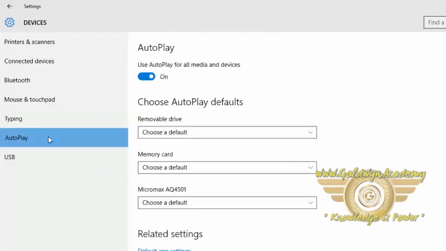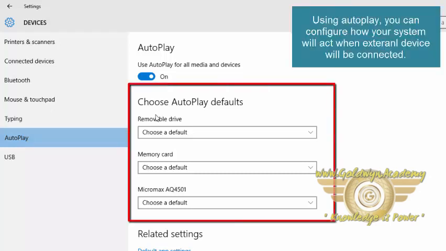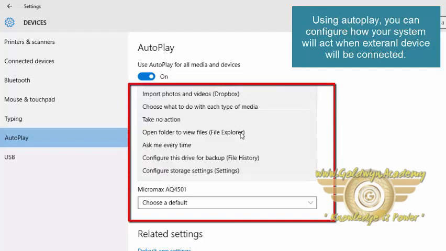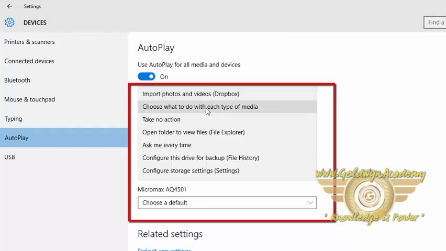Now let's see autoplay. What do you want to do when some removable drive is connected to your PC? You can choose it here. You want to import photos and videos from Dropbox? Choose what to do with each type of media.